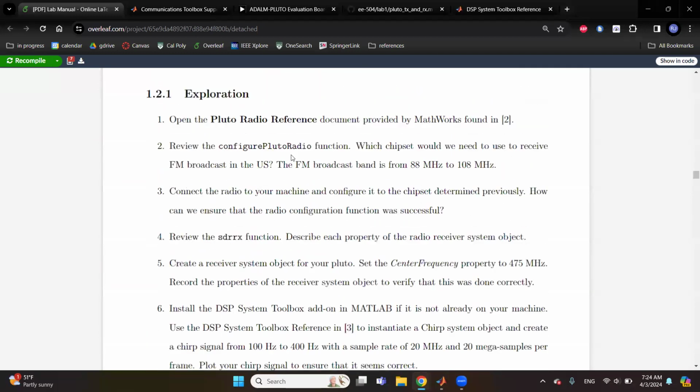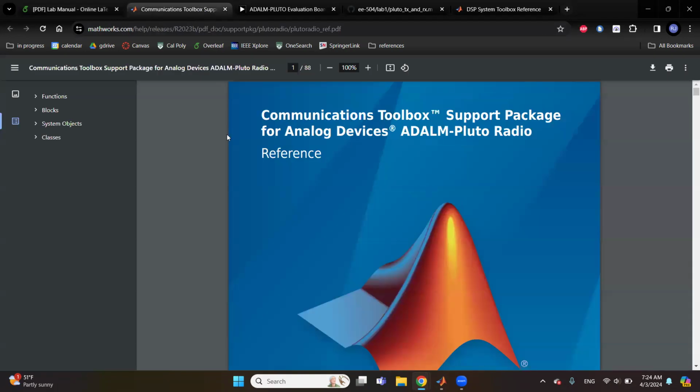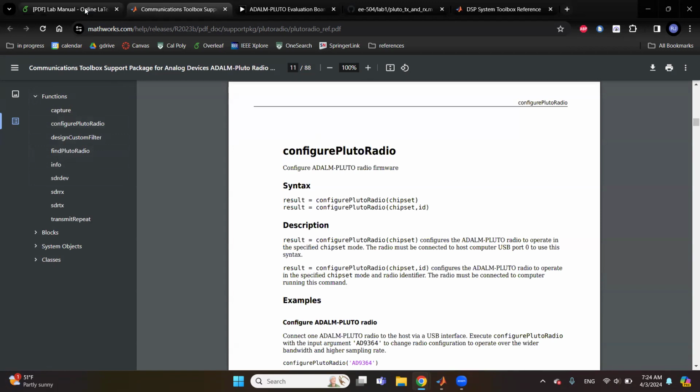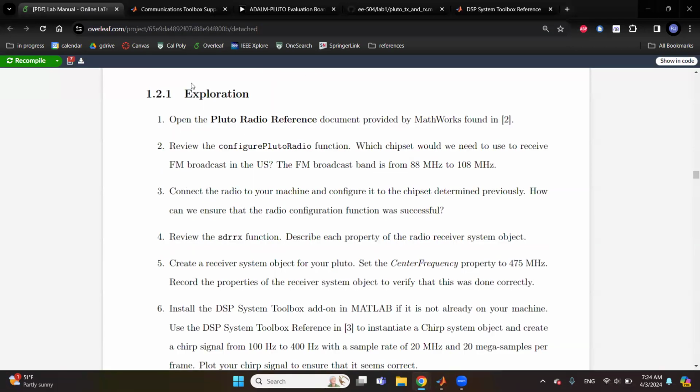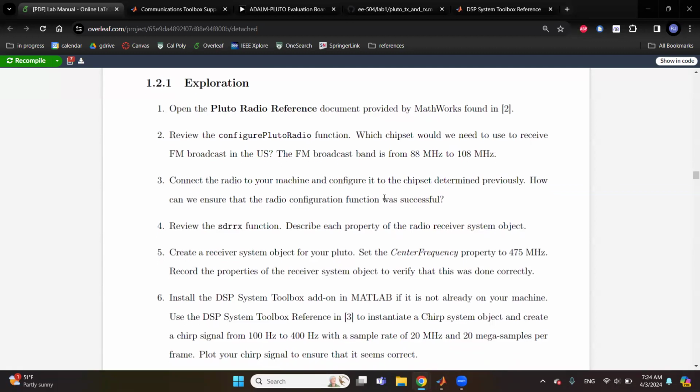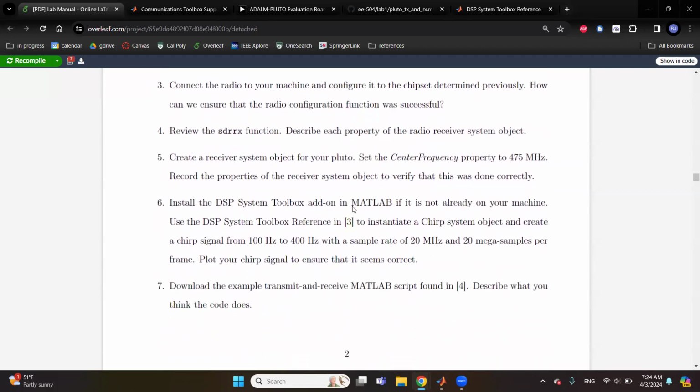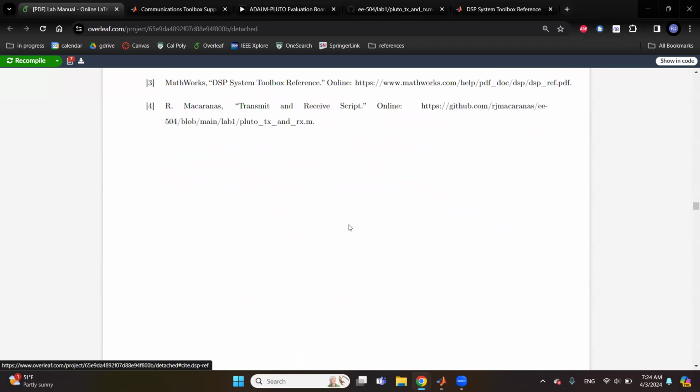For this first part, we're just looking at the configure Pluto radio function, right? If we go back to the reference manual, you can see on the left here, in the contents, you can find the function configure Pluto radio, and that's just general advice on navigating the documentation. Here again, we are using the DSP System Toolbox, and that's a step further on. It says to look at a chirp system object. So if we go to our documentation here,